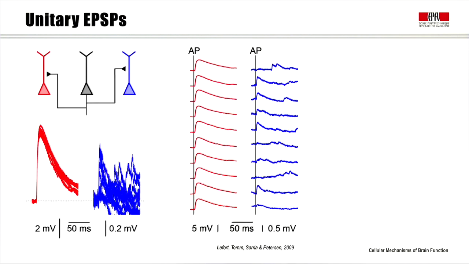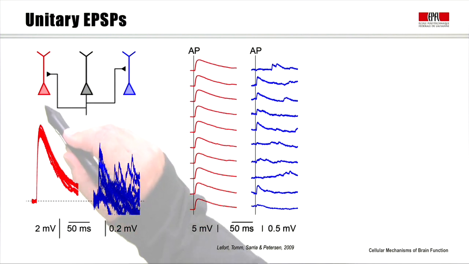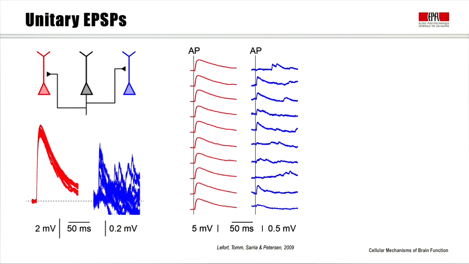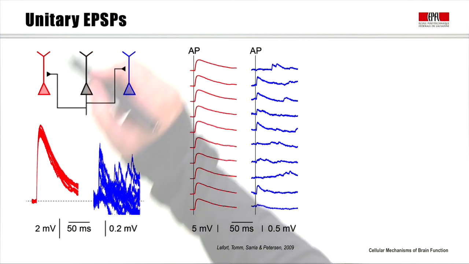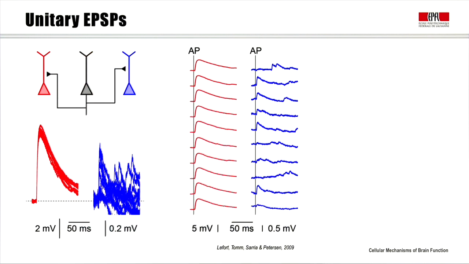So far, we've been looking at schematic example type drawings of how EPSCs and EPSPs are. Now, I'd like to look at real data, how synaptic transmission looks like in physiological conditions, at least in brain slice type recordings. In this particular example, we're recording simultaneously from 3 different neurons. There's a presynaptic neuron that we stimulate to fire an action potential at a well-controlled point in time, and simultaneously